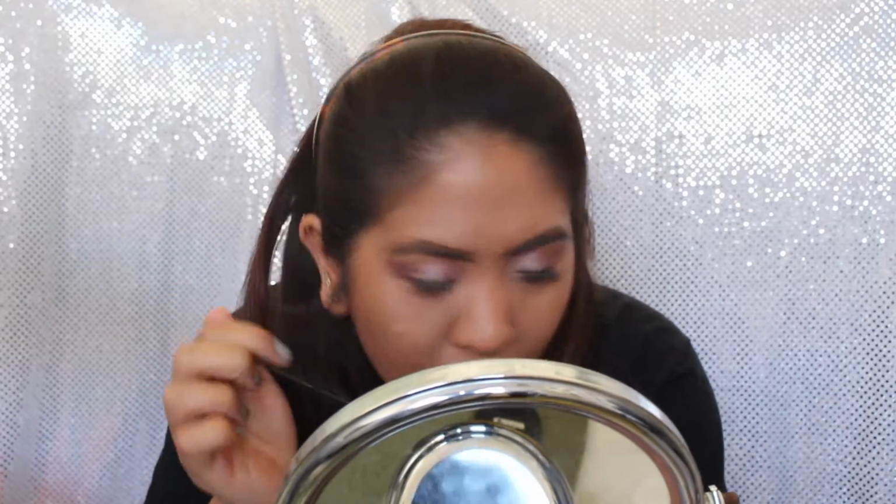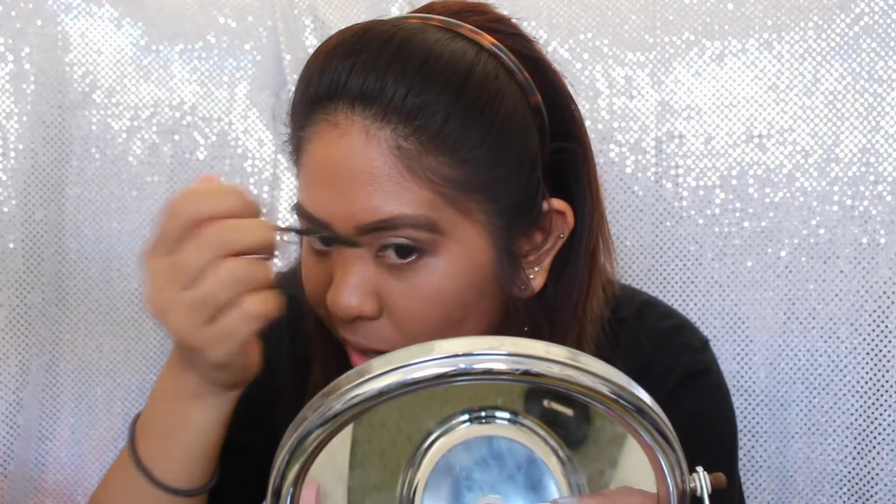Okay, I kind of lied about this pencil, to be honest. It's really pigmented, but the product moves once you try to blend it out. And I've been trying to retrace my eyebrow again, but at least they're darker and look a bit fuller from far away. But yeah,